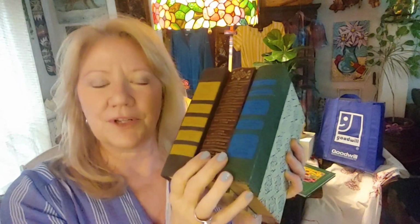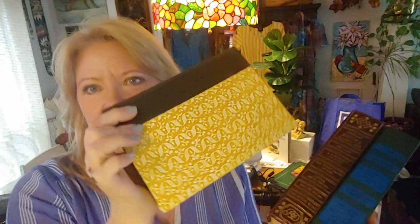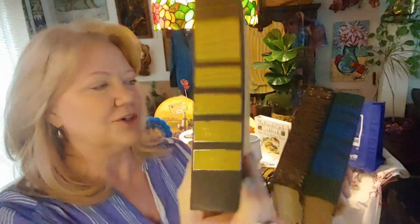I don't know if I showed you these books before. I put a set of 3 already in Antiques at Gresham Lake. These I did get from the bins. I remember getting them in Winston-Salem. But what I love about them is the design. I really think these are beautiful for stacking. They're Reader's Digest,